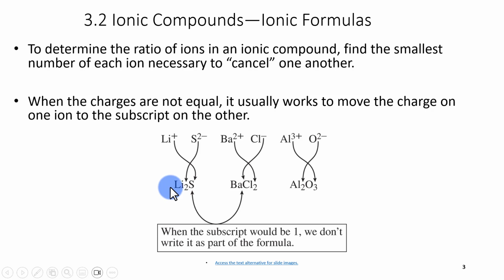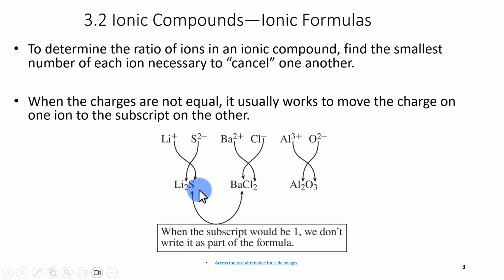Now note that when you have, and I don't have an example here, but when you have compounds that are made up of ions that have multiple charges, but they're both equal, but they're larger than 1, such as if I were to have here magnesium, for example, a +2 and a sulfide, a 2-. You can still bring them down here as subscripts, and it will be, instead of lithium here, I'd have magnesium, so